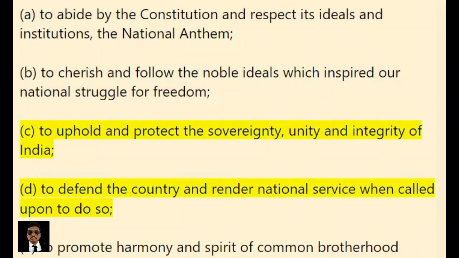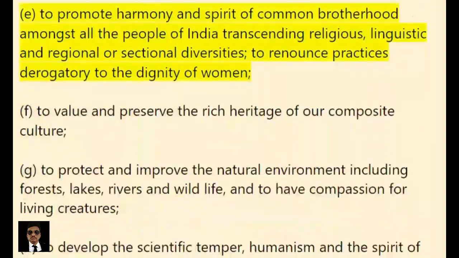(c) To uphold and protect the sovereignty, unity and integrity of India; (d) To defend the country and render national service when called upon to do so; (e) To promote harmony and the spirit of common brotherhood amongst all the people of India, transcending religious, linguistic and regional or sectional diversities, to renounce practices derogatory to the dignity of women;